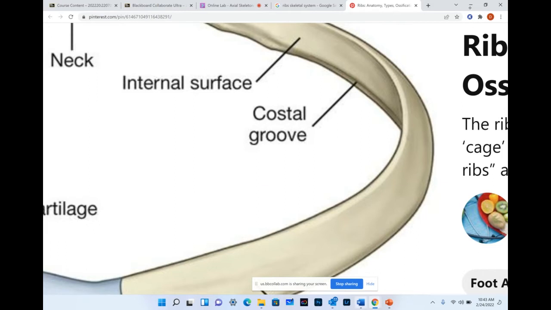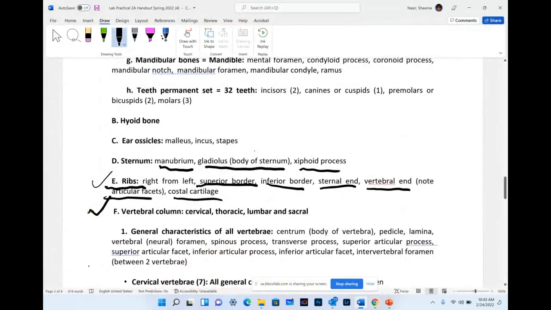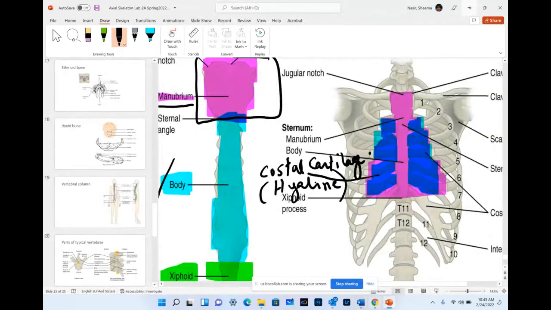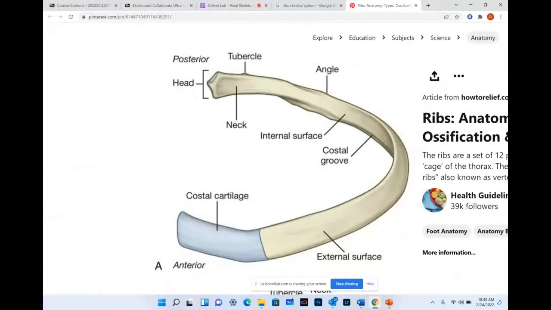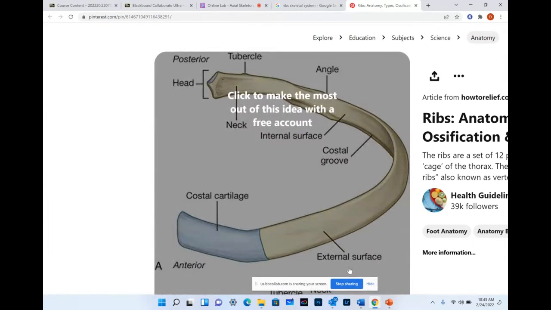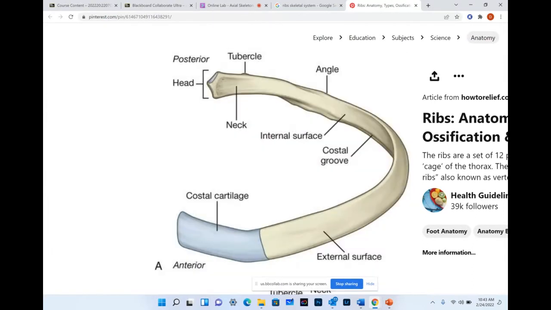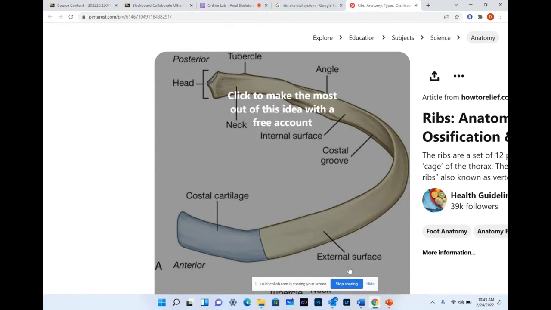Now, we did superior, inferior, sternal end, vertebral end, costal cartilage, and articular facet. Now, how do you know left from right? In order to know left from right, you have to align the rib next to your body, making sure that the sternal end is in front, vertebral end is at the back,